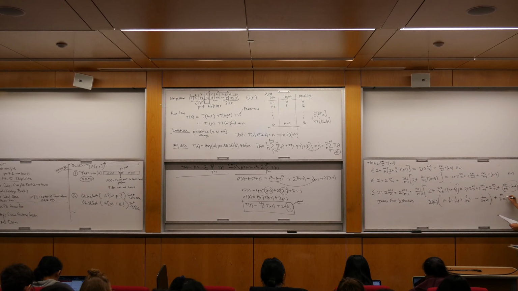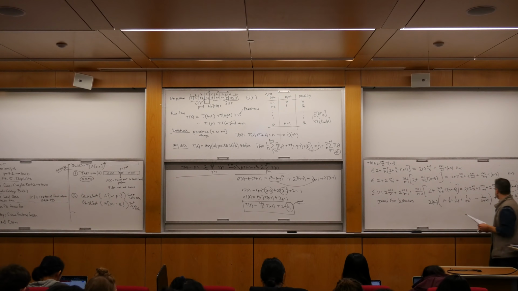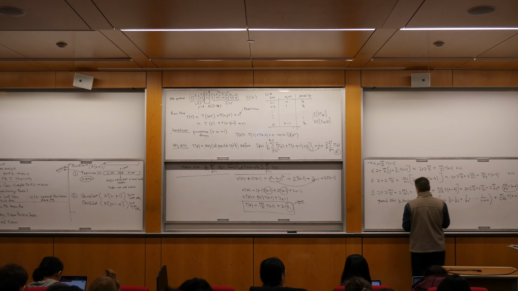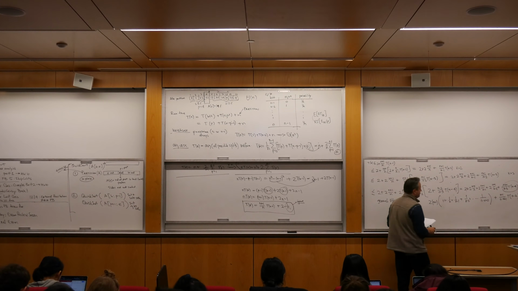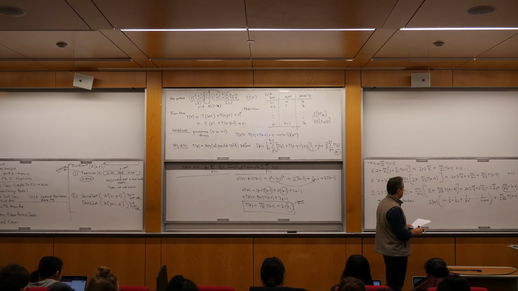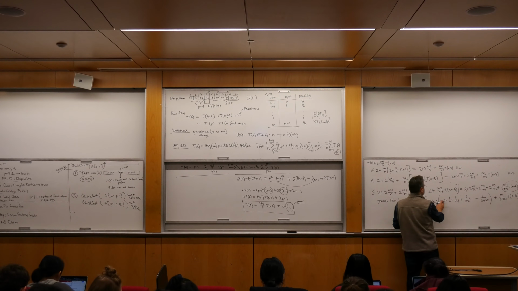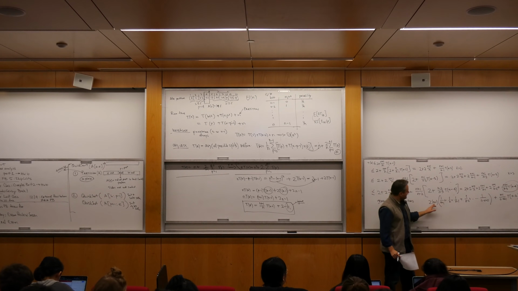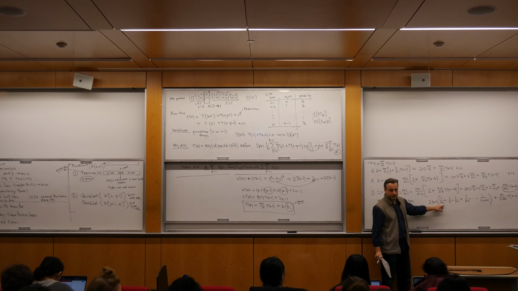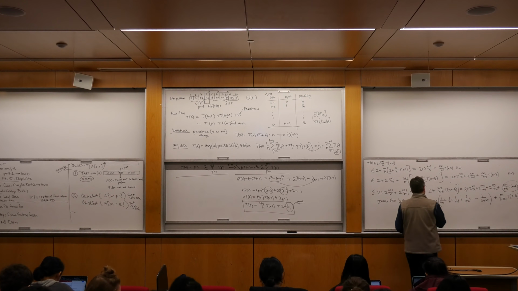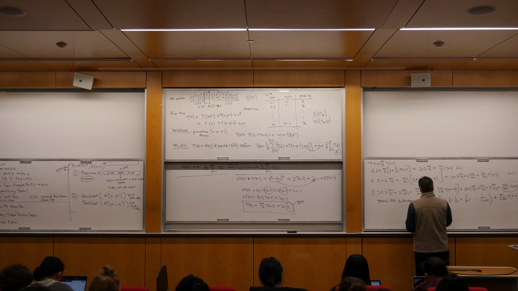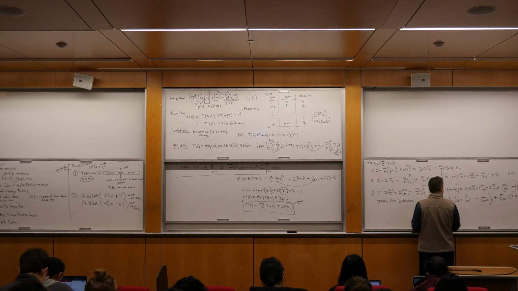Minus k plus 1 times t of n minus k. So that is going to be, your first term inside is 1 over n plus 2. This is 1 over n plus 1? Correct, because it's 2, so I need n plus 1 divided by n plus 1 to get that 2. So the general, I can write it as a sum, 2 times n plus 1 now, sum from k equal,